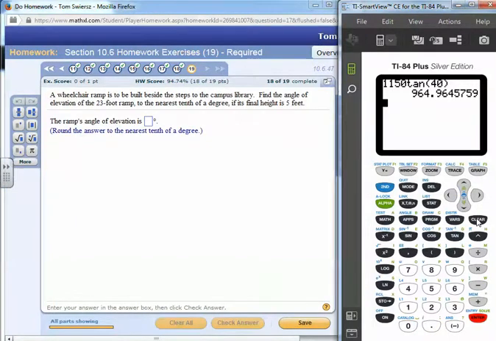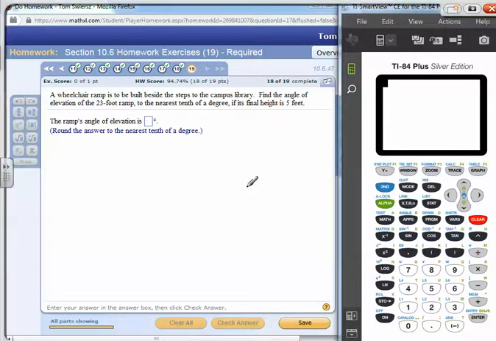Number 19, a wheelchair ramp is to be built beside the steps to a campus library. Okay, so we've got the building here, the library, and the wheelchair ramp. Well, let's just make it a little bit steeper than it probably would be. So the wheelchair ramp is right there, right? Find the angle of elevation if a 23-foot ramp, so the ramp is 23 feet,